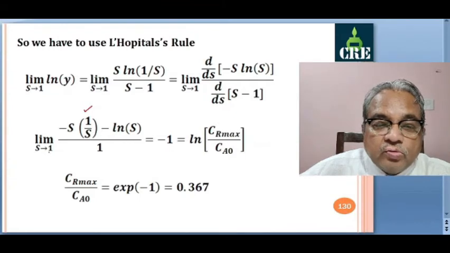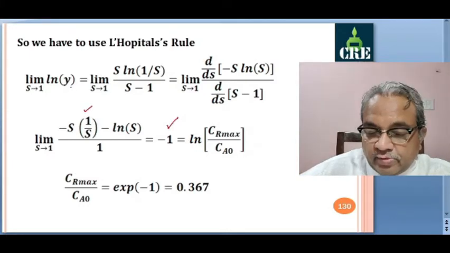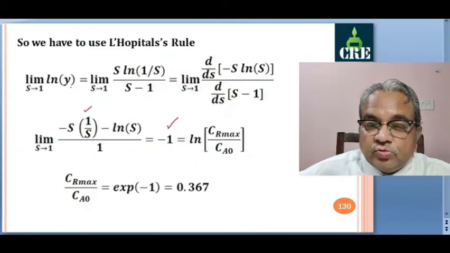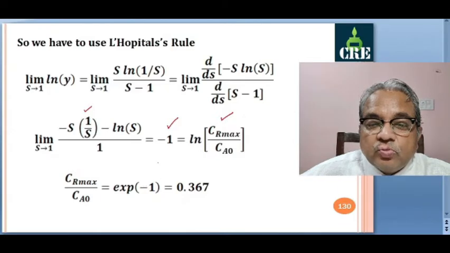When you substitute now, limit S tends to 1, ln of 1 is 0, so this term becomes 0. S is equal to 1, so this is simply minus 1. So this limit becomes minus 1. And this is nothing but ln of Y. What is ln of Y? Ln of Cr max by Ca0. So Cr max by Ca0 is e raised to minus 1, exponential minus 1, and this value comes out to be